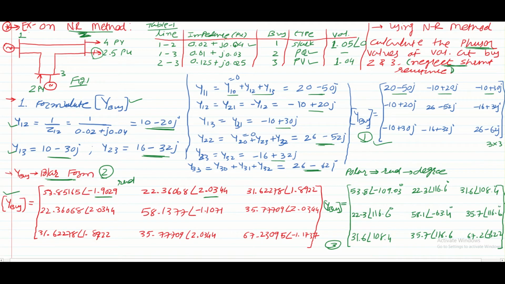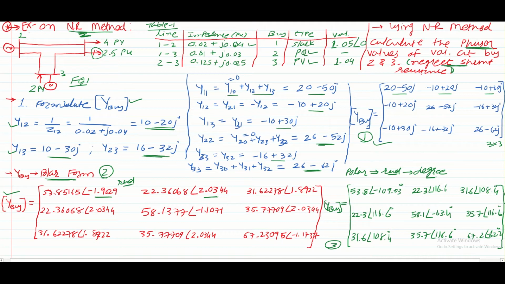in matrix number 3. So this is our first step where we have just derived the bus admittance matrix for our given network. I hope you have clear up to this. We have just converted the matrix into polar form, and again this polar form matrix with the radian value will be converted into the degree. Hence the radian values get converted into the degree.